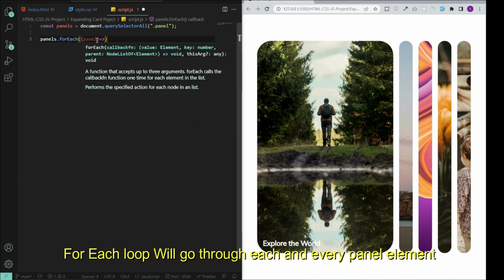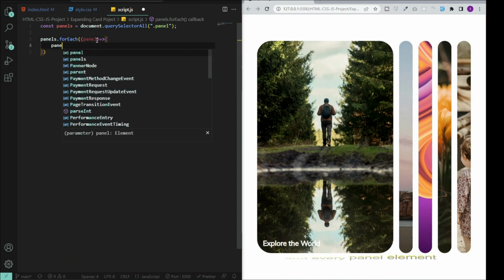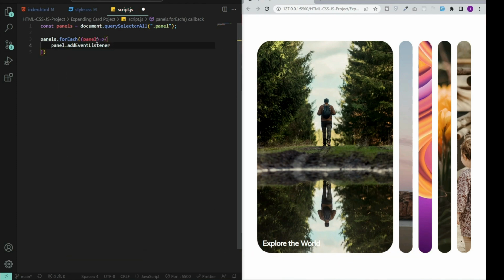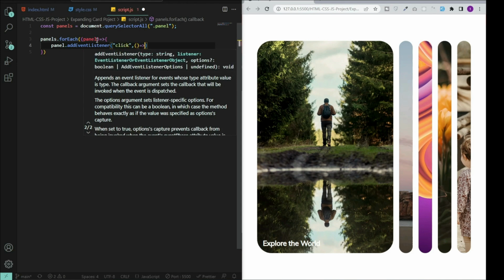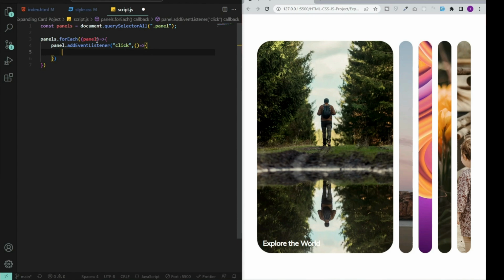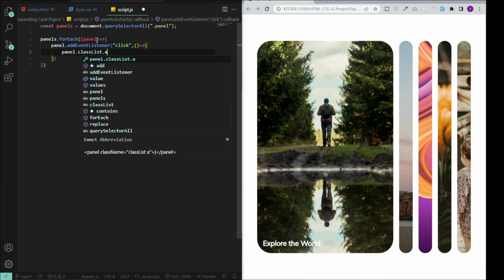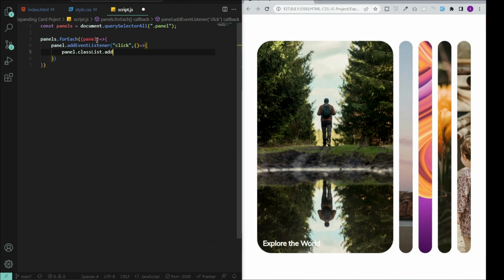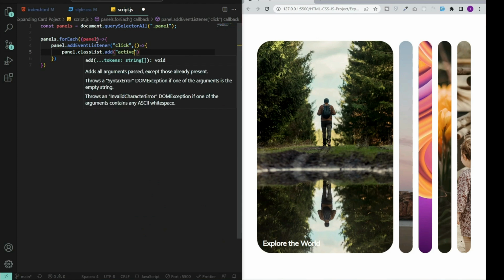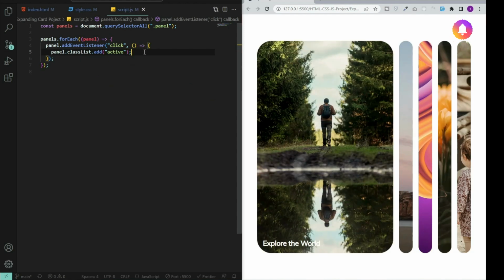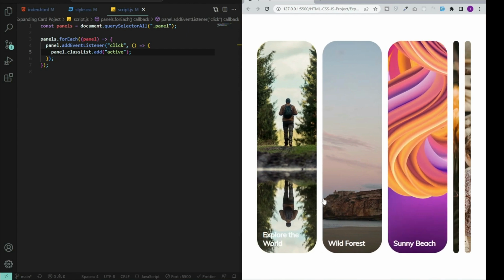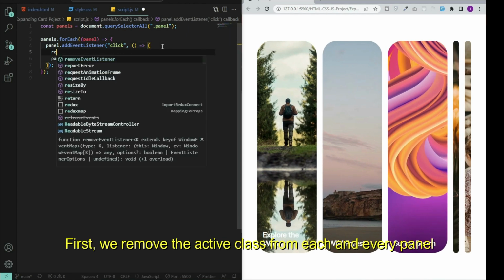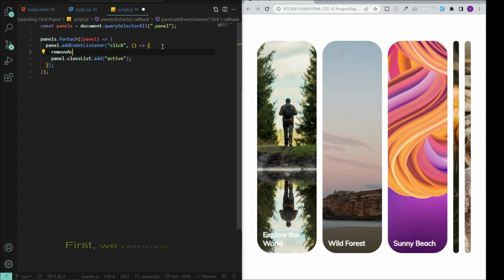With a for each loop, we'll go through each and every panel element. First, we remove the active class from each and every panel.